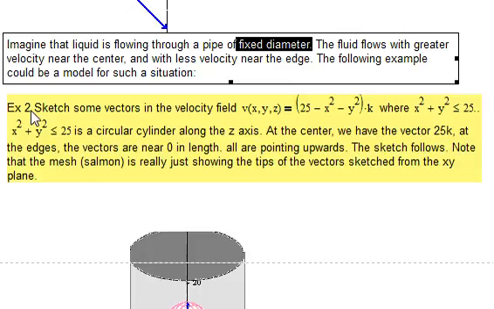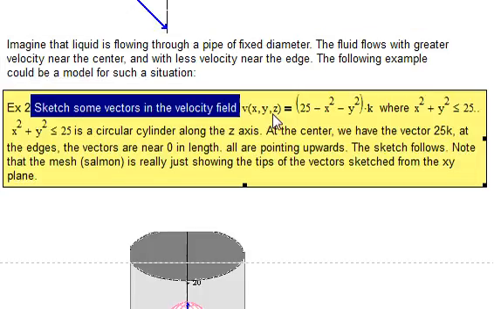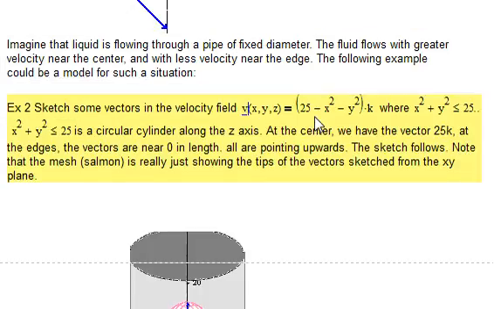So we're going to sketch some of the vectors. In the velocity field, v of x, y, z is (25 minus x squared minus y squared) times k. So there's no i component, no j component. These vectors are all pointing north, so to speak. They're all pointing upward. Where x squared plus y squared is less than or equal to 25, that means our